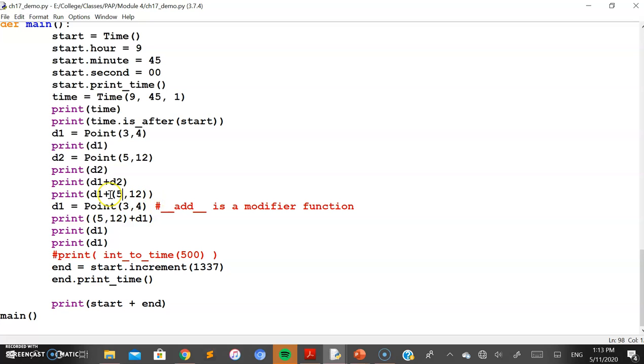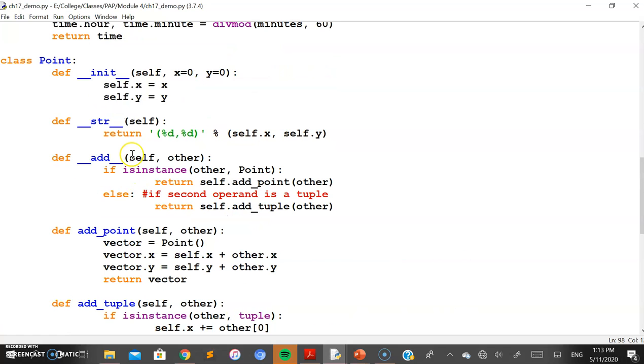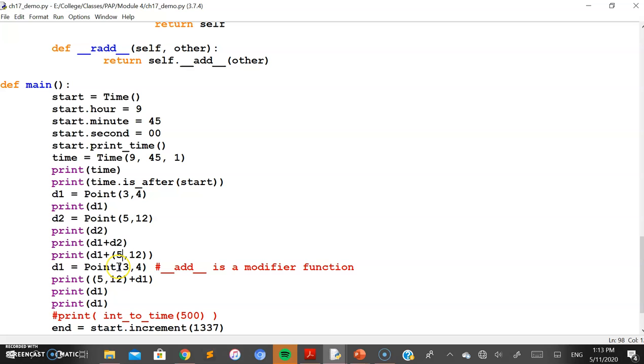So how is it done? Basically, the plus operator needs to be overridden if you have different types of values as operands. By default, it first goes for the add method defined within the Point class. It checks whether the second operand is an object of the class Point or not. If it is a Point, it will go for the simple addition with the attributes of the class Point.